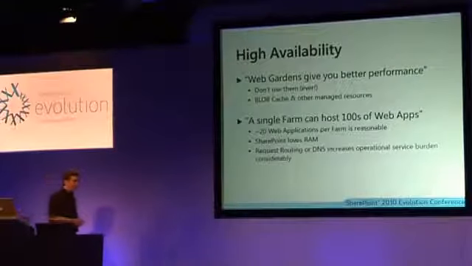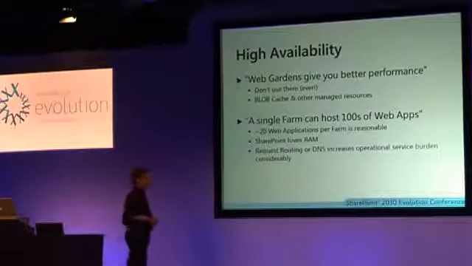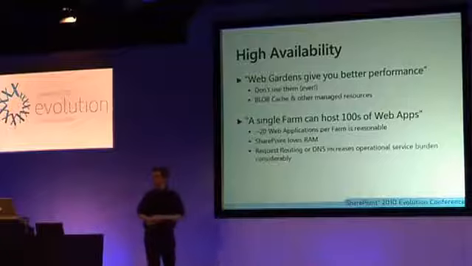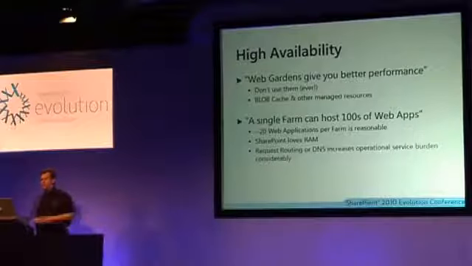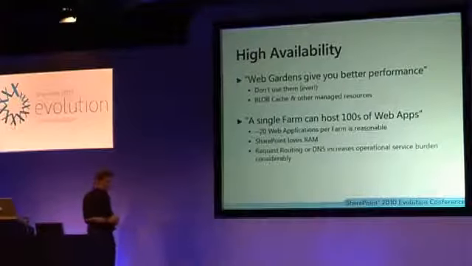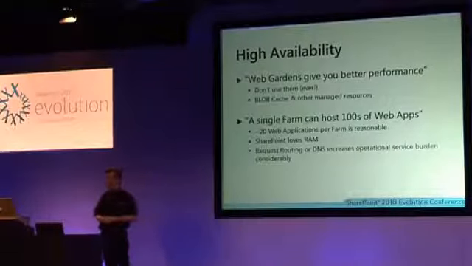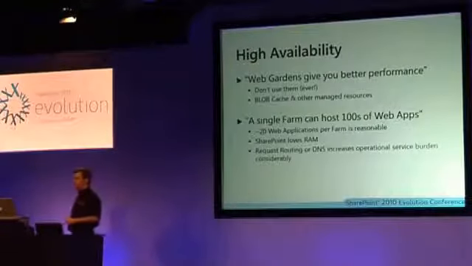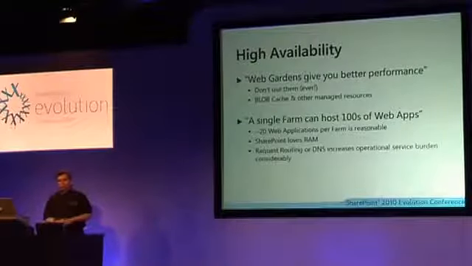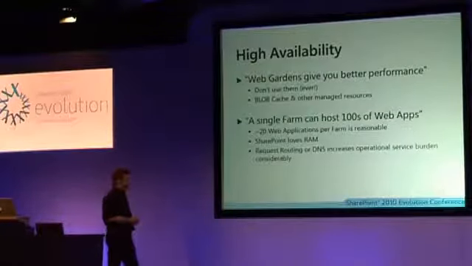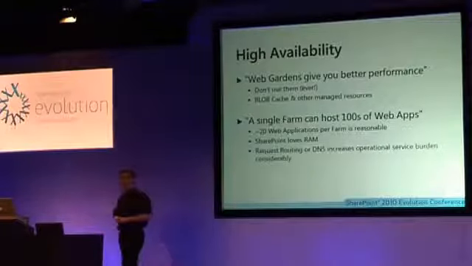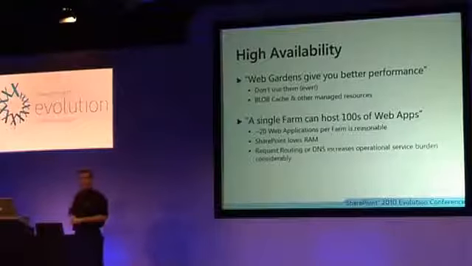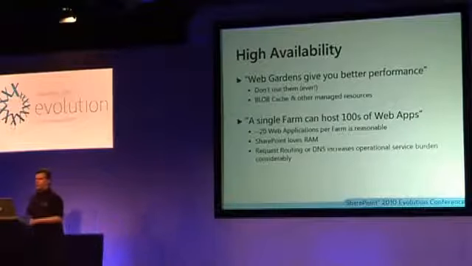A couple on high availability. First one is web gardens. There's a couple of blog posts out there by famous people that say you should turn on web gardens. You shouldn't. They are 100% unsupported. More importantly, they break things. If you turn this on, it will break your blob cache. It will also break some of the other caching and managed resources in SharePoint as well. I haven't done extensive testing on this. I may spend a little bit of time on it in about a month or so to see which of the new shared service applications' resources break when we turn this on. But you shouldn't be doing it.